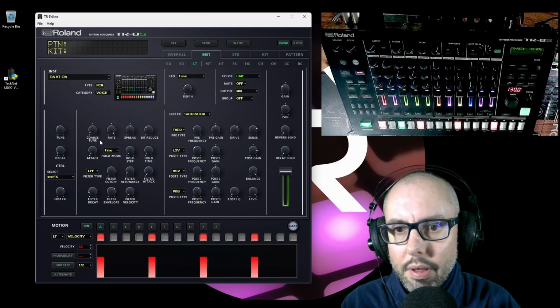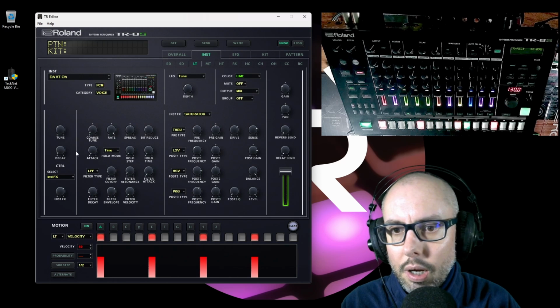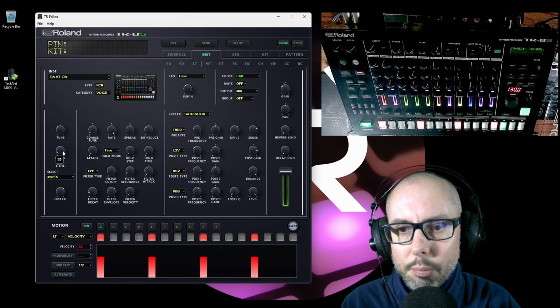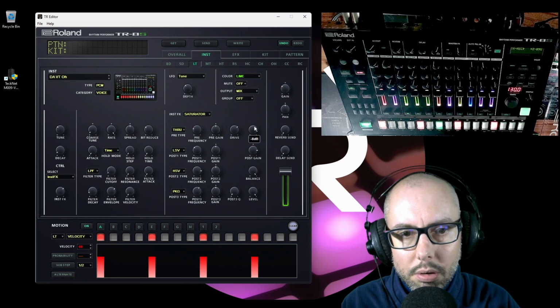I've got a sound there, which I've then got quite a lot of control over. I can apply a saturator to the body. Can add a little bit more decay to that. I've got a filter here, and we can add more drive, change the frequency of that drive,